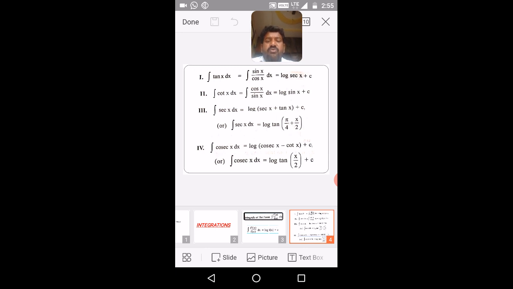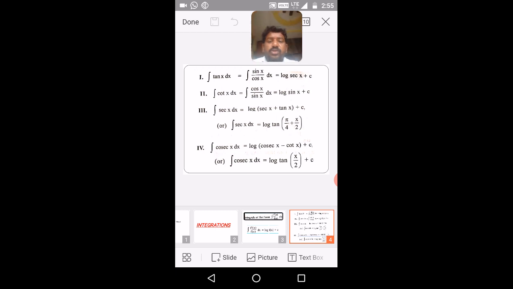So that is 1 plus sin x by cos x, the remaining thing is 1 plus sin x by cos x. So by simplification you will get this tan(pi by 4 plus x by 2). Okay, this is the tan(a plus b) formula. If you simplify this tan(pi by 4 plus x by 2) using tan(a plus b), you will get sec x plus tan x. Similarly here, log(cosec x minus cot x) also simplifies to log tan(x by 2) plus c, like that.